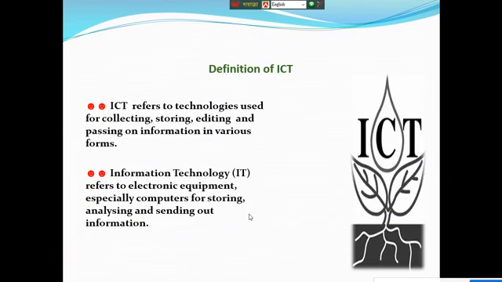Okay, first we have to go first, dear students, because we have a long way to go, and try to understand the definition of ICT. ICT refers to technology used for collecting, storing, editing, and passing on information in various forms. You see, ICT হচ্ছে